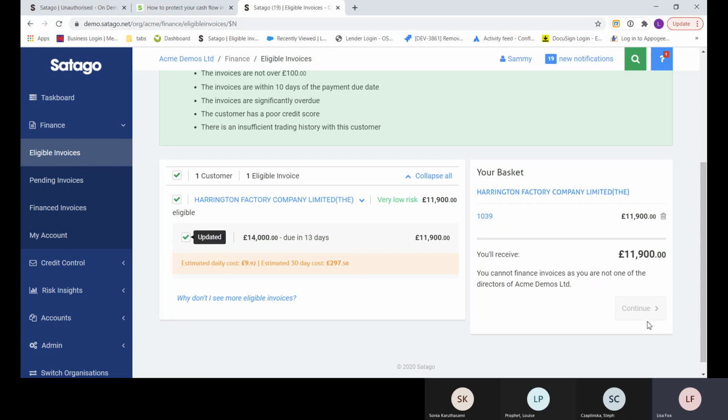That will then be pushed over to the account manager for that particular client, and everybody has their own dedicated account manager. They can pick up the phone and have the conversation about it, and they always have someone to hand. So what we will ask for this is your latest set of management accounts, bank statements, that sort of thing. We can generally have money out the door within 48 hours, so it's very, very fast, very, very accessible,